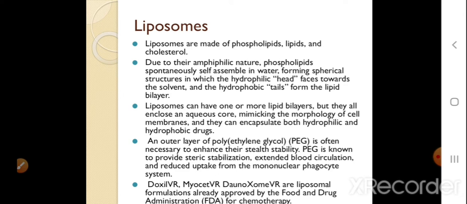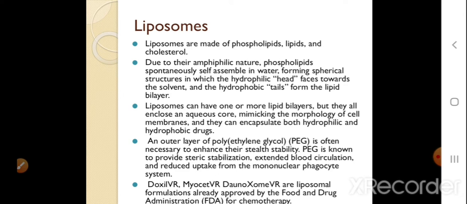Liposomes have one or more lipid bilayers, but they all enclose an aqueous core, mimicking the morphology of cell membranes, and they can encapsulate both hydrophilic and hydrophobic drugs. Usually, an outer layer of polyethylene glycol is often necessary to enhance their stability. PEG is known to provide steric stabilization, extended blood circulation, and reduced uptake from the mononuclear phagocyte system, the in vivo immune